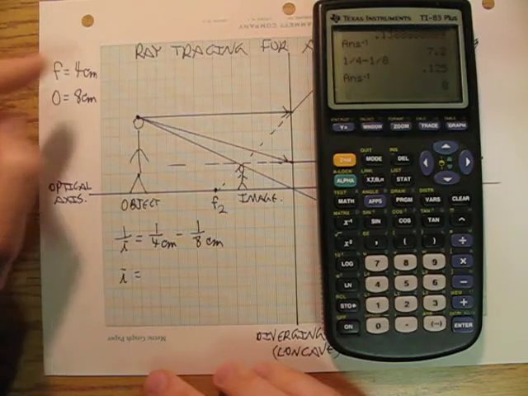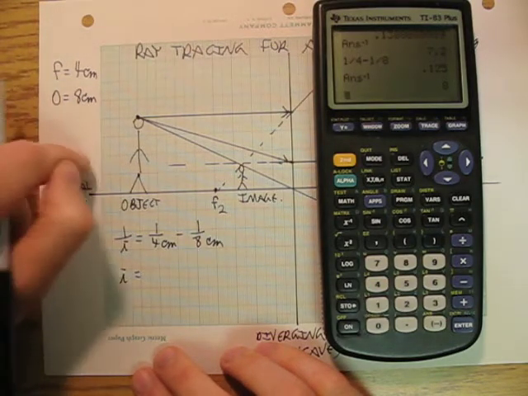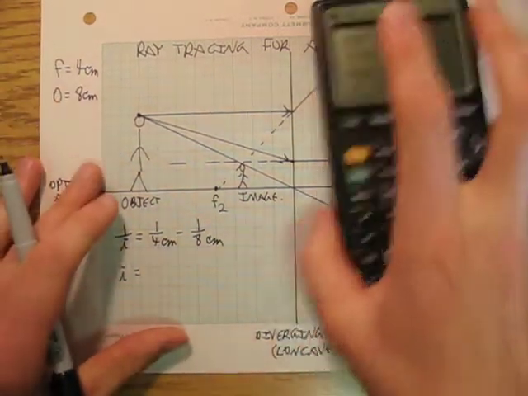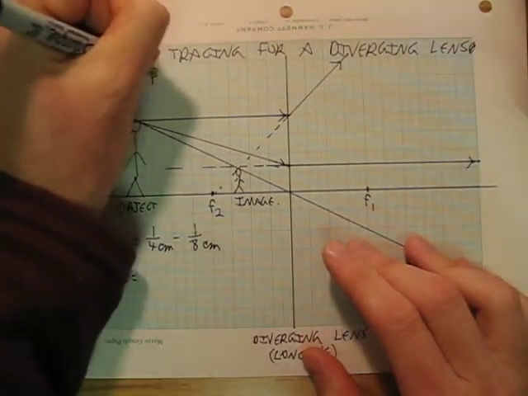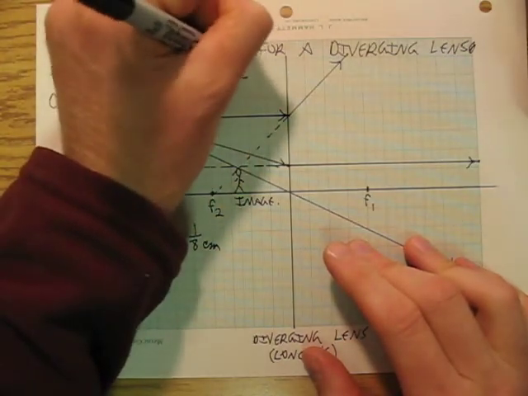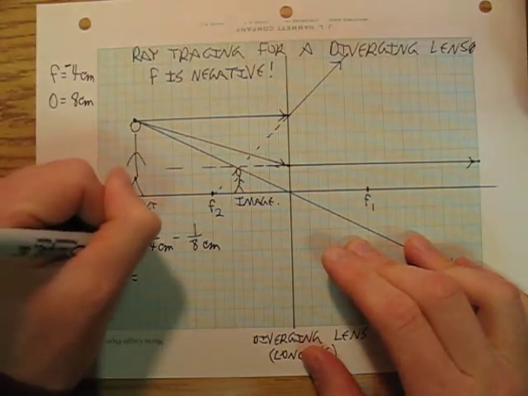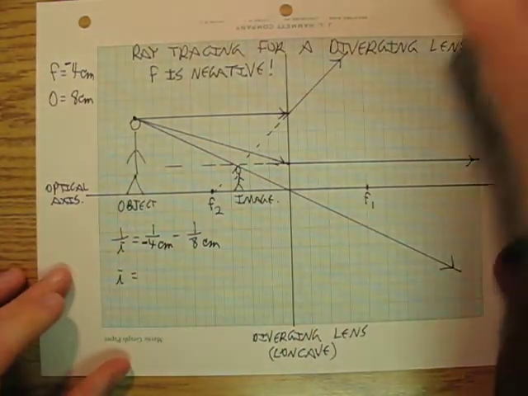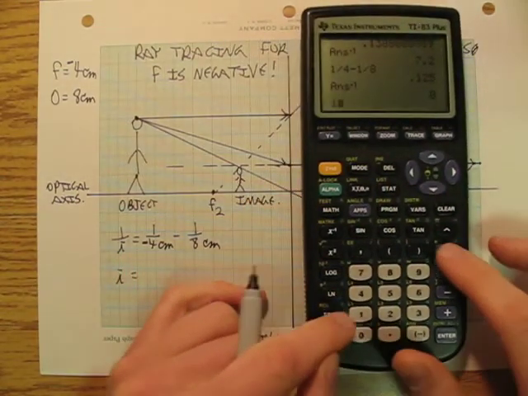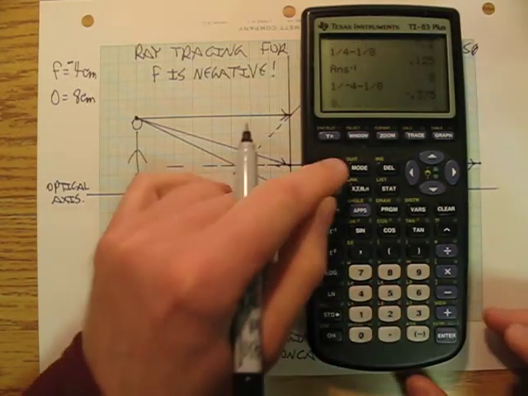So in the mirrors, when we went from being concave to convex, the focal length went from being positive to negative. So we got to remember, we flip-flopped the foci, so the focal length is negative, so I get 1 over negative 4 minus 1 over negative 8, so 1 divided by negative 4 minus 1 divided by 8, then I flip-flop it,